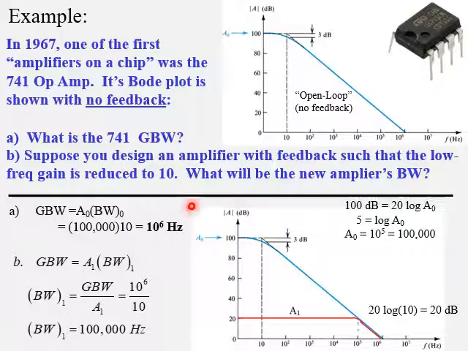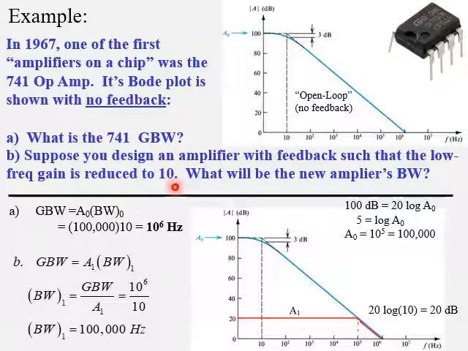So that's A naught. And then we can read on the plot here that the bandwidth, which is defined by the corner frequency, or 3 decibel frequency, is at a mere 10 hertz. So we have 100,000 times 10, which gives us the same gain bandwidth product of 1 megahertz that we got from the graph directly. All right, so part B, we're going to use this op amp and add some feedback into it,